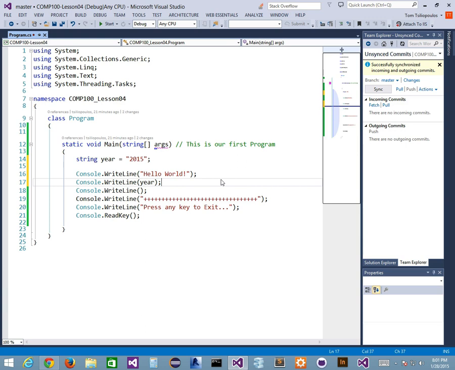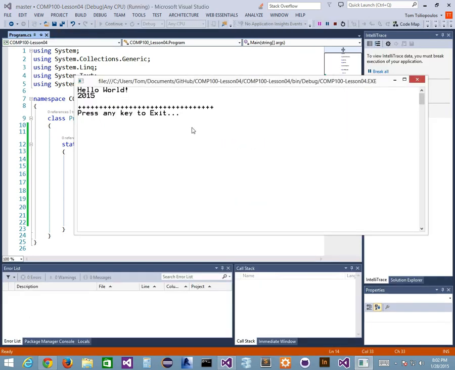Now console.writeLine year is going to take the value that I've just assigned. I use my assignment operator equals, that's what it's called, and I assign a string literal of 2015 to my friendly name for a memory location, variable called year, of type string. I've assigned this value here, and now I'm accessing the value. I'm calling up the value of year when I invoke this statement. When I call up this statement WriteLine and put year in here, I'm taking the value that's stored here and printing it out here. If I run it,